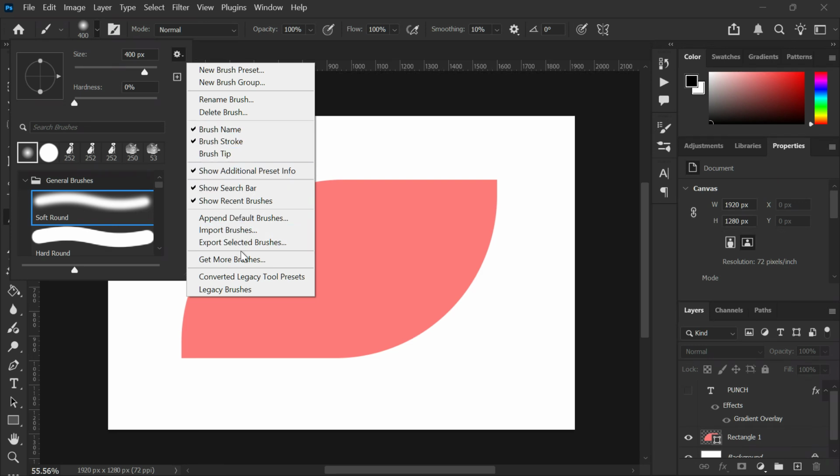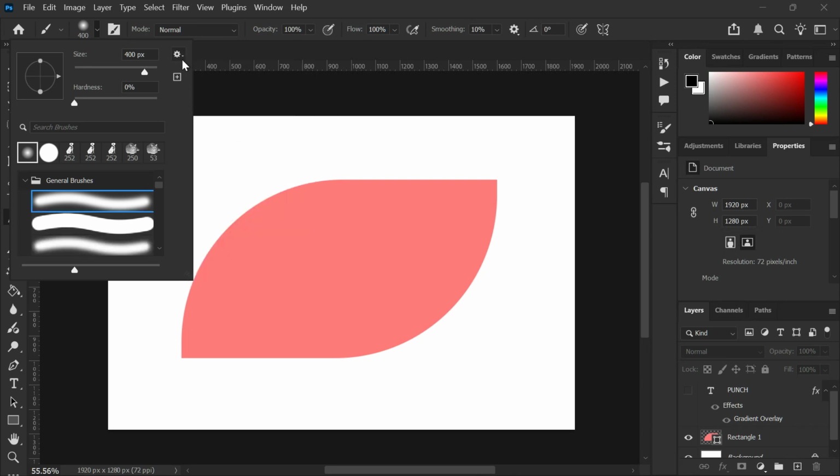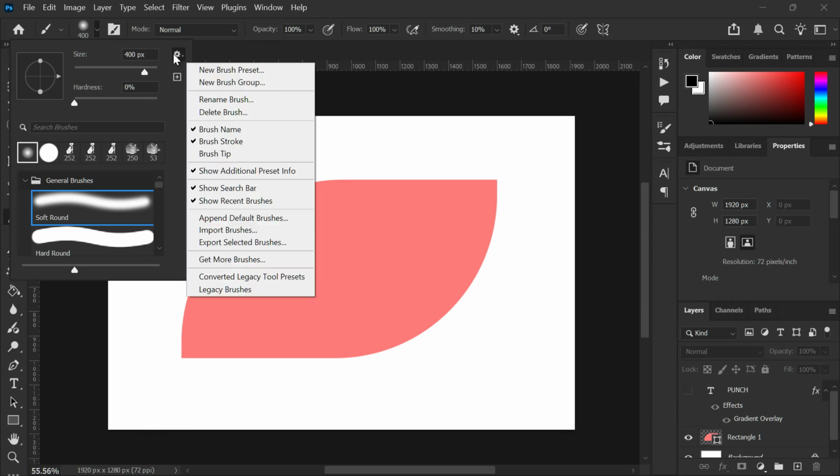As soon as you select one of these options, Photoshop will display each brush with both the thumbnail and the brush name. This makes it much easier to identify brushes, especially if you have installed custom brush packs, and that's all there is to it. Now you know how to quickly show brush names in Photoshop so you can find the exact brush you need